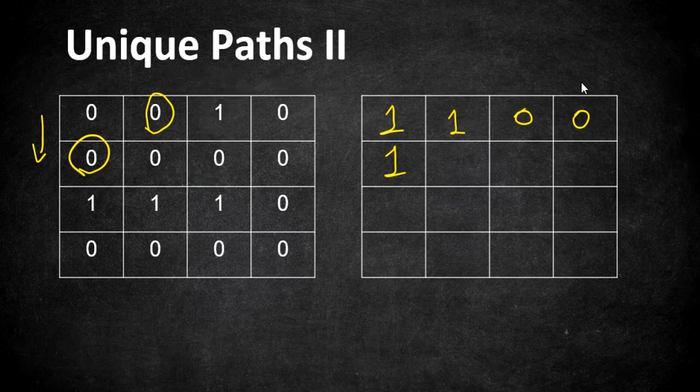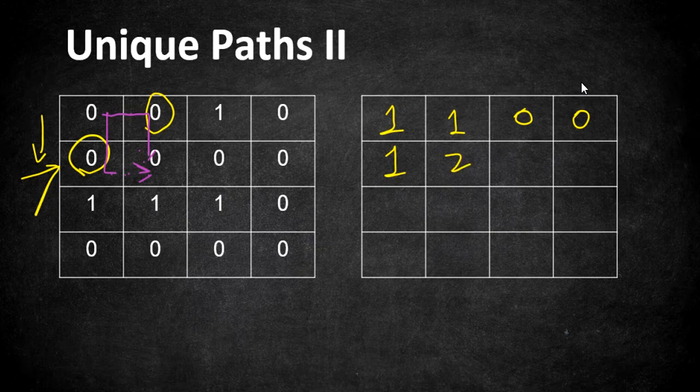As we have filled our first row, moving on to the second row. So from this cell, that is 1 comma 0, the possibility is we can move right and down. So if we are moving right, we are going to fill in this particular cell. What are the possible ways to reach that cell? From the cell 0 comma 0 to reach the cell 1 comma 1, you can either start from 0 comma 0, move right and go down. The same way you can start from the first cell, move down and go right. So there are two possible ways to reach that particular cell 1 comma 1. So I'm going to fill 2 there.